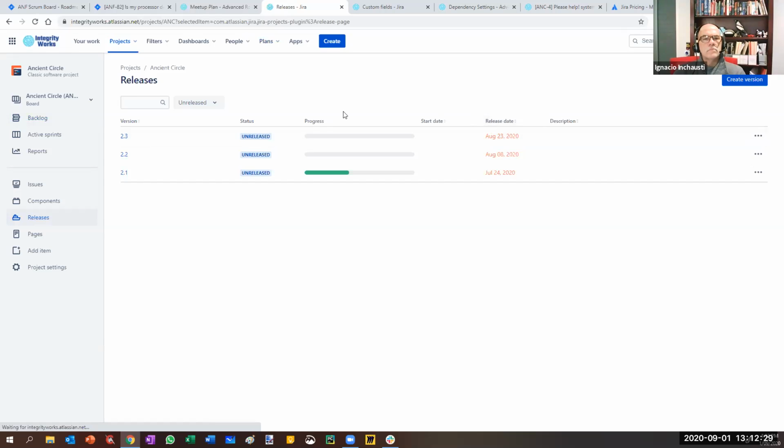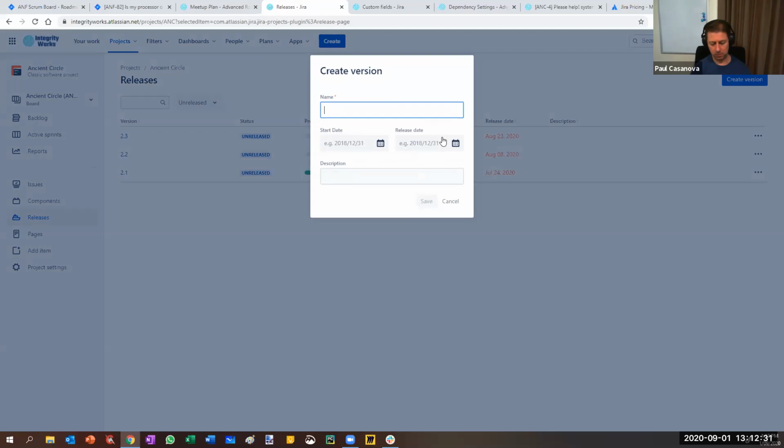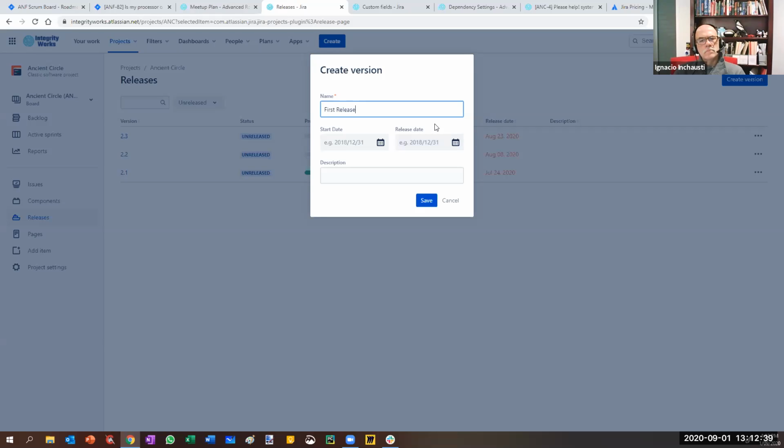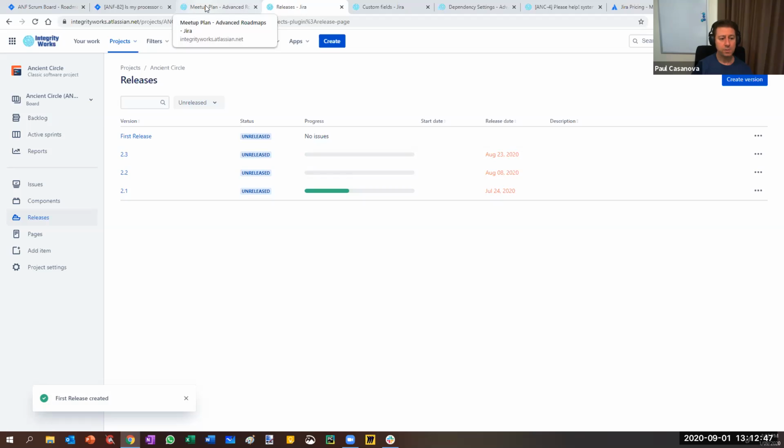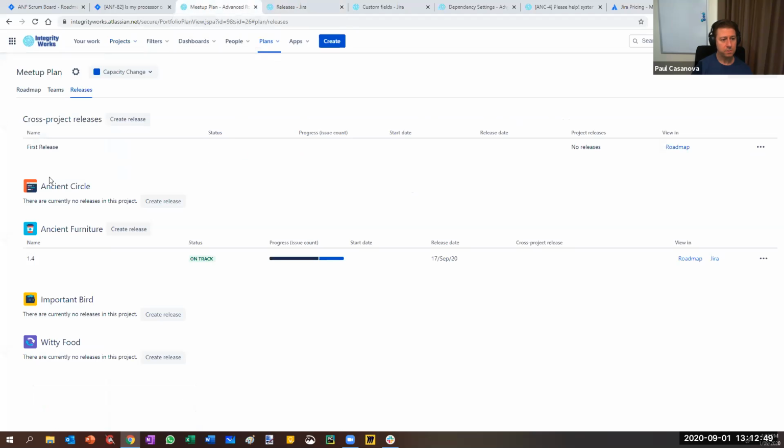I don't. But if I create first release, in Portfolio for Jira, for advanced roadmaps, it used to create releases in the associated projects. It's interesting that it doesn't do that now. So now if I go back to advanced roadmaps and I configure